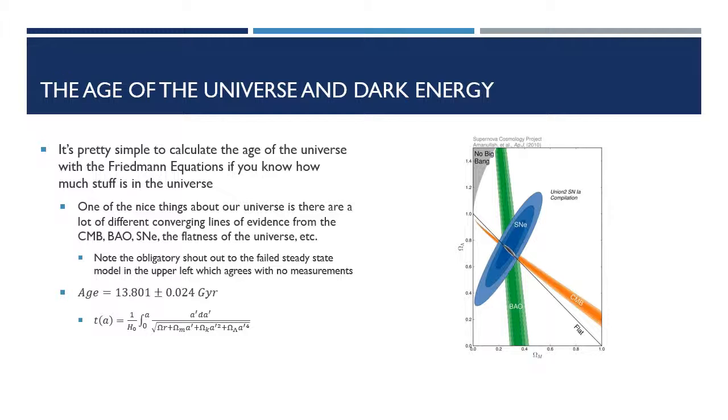There's a little formula there to calculate the particular age as a function of the scale factor. It would be a scale factor of 1 at present, and you could go ahead and do that with the different fractional energy densities, and the Hubble parameter is in there. And here's an example of how we can constrain the amount of dark energy in a large number of different ways. So this is how it's typically done.